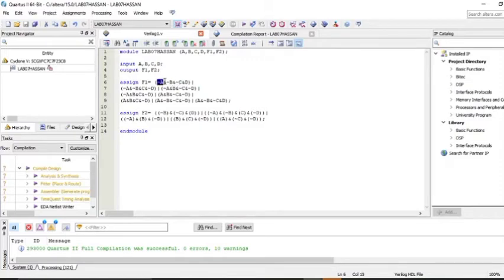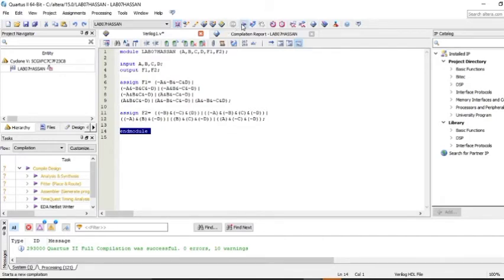This means A's complement, B complement, C complement and D, OR'd together, form these operations. So this is the equation for F1, and this is the equation for F2, which is a little bit smaller than the previous one. Then this is the endmodule, which ends the code and doesn't read the lines below it.